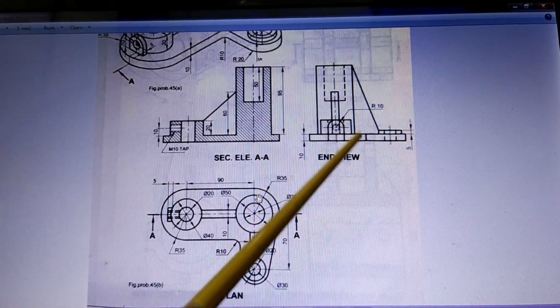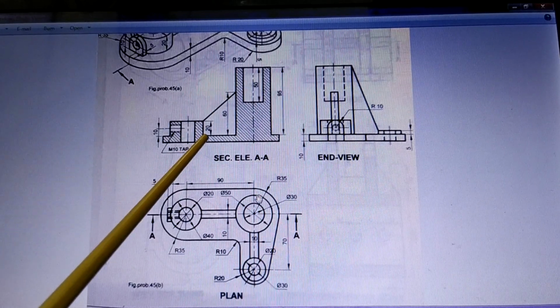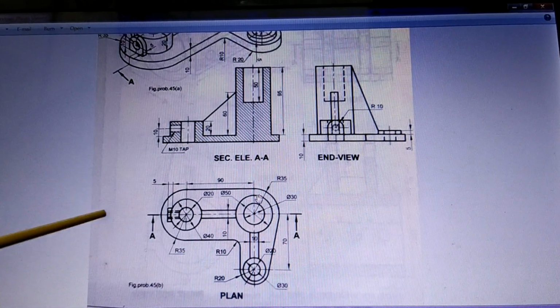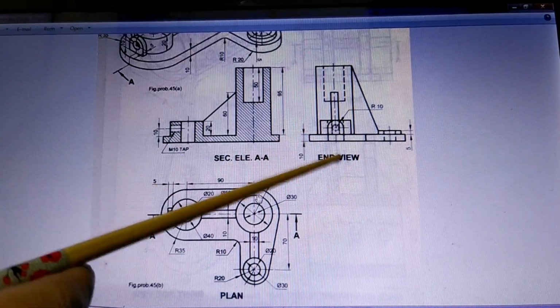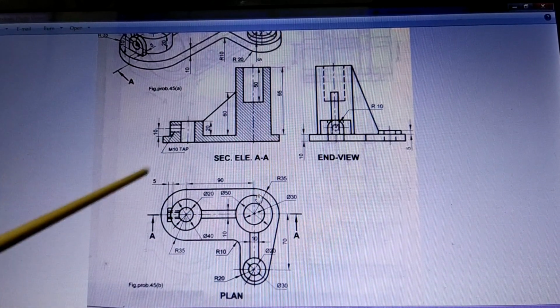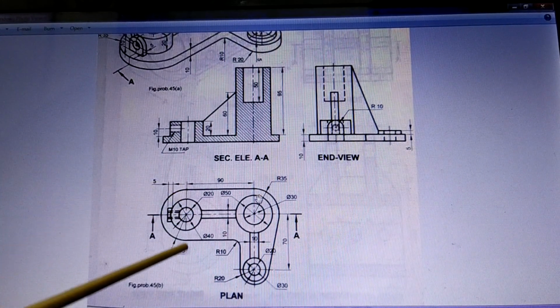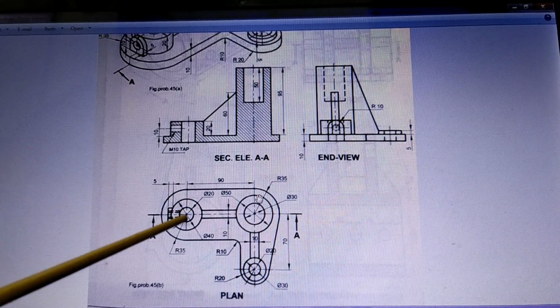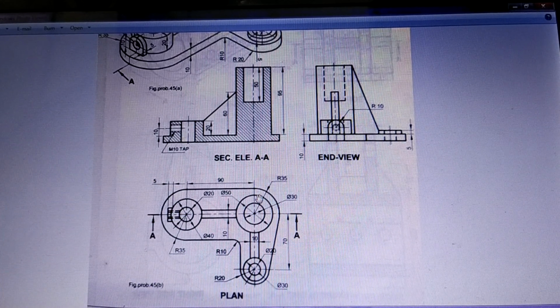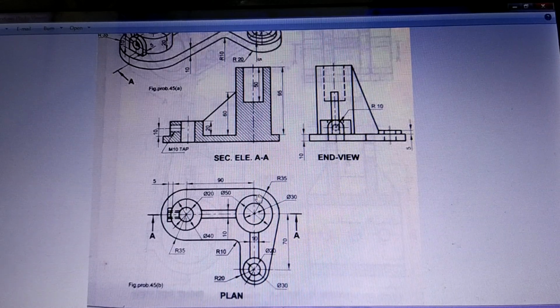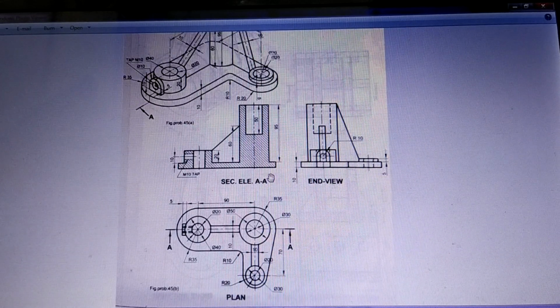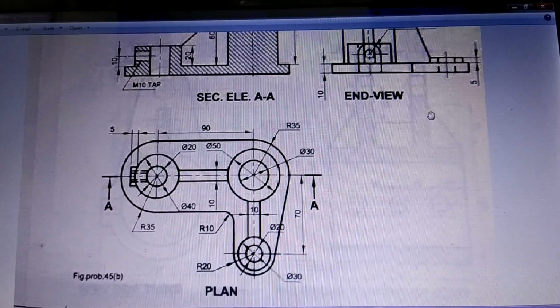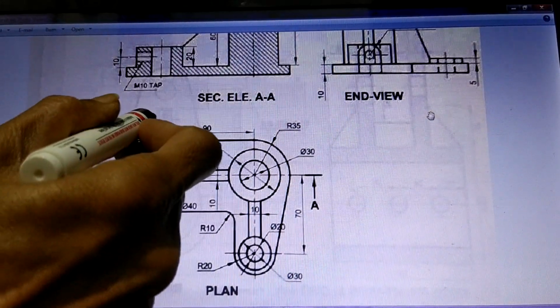This is going to be your sectional left hand side view. That means you are going to look in this direction and draw this view as a section, and the section plane I have to give you. So the section plane I am giving you is passing through the center of this circle over here. If I try to show it here, it can be shown something like this.